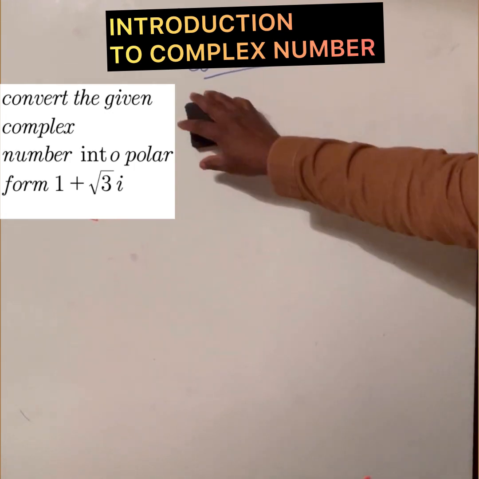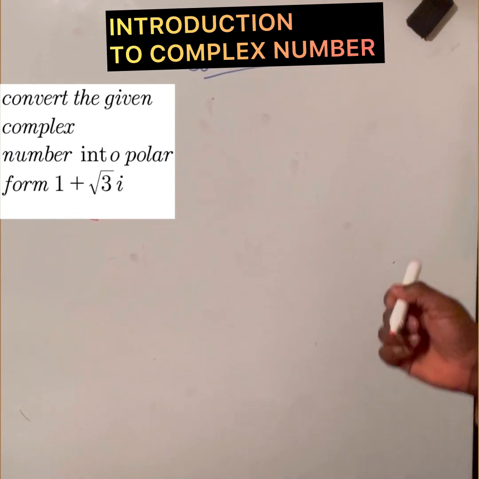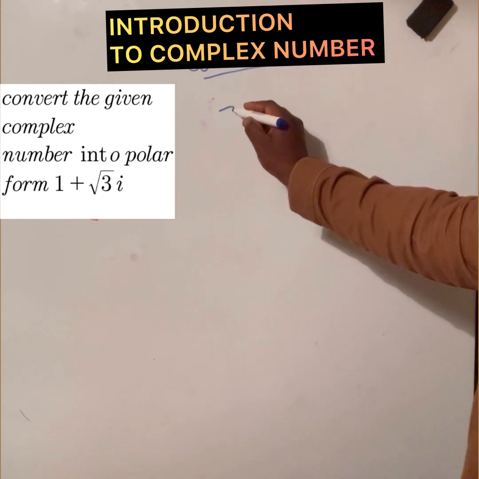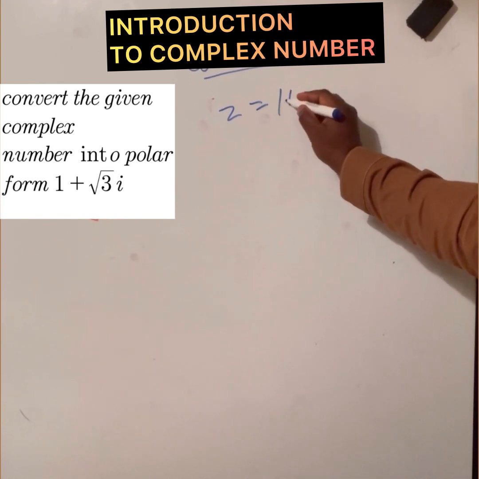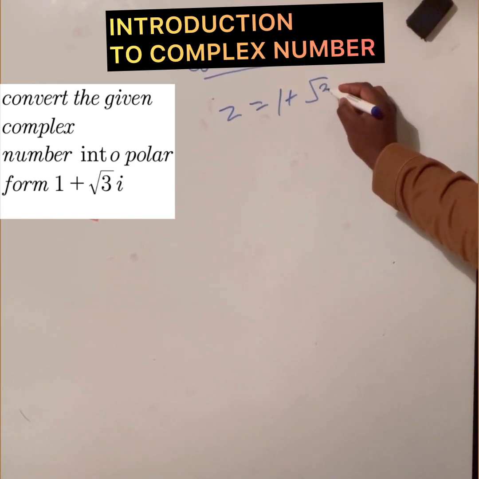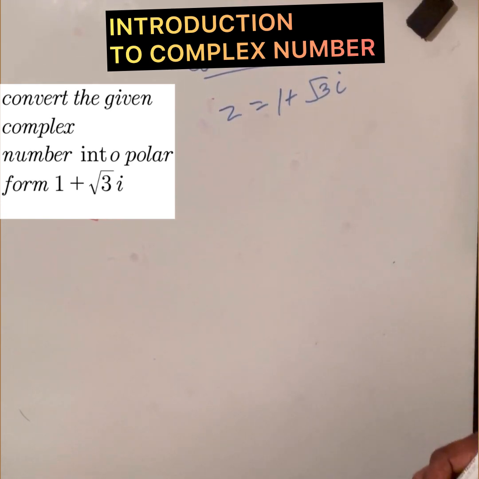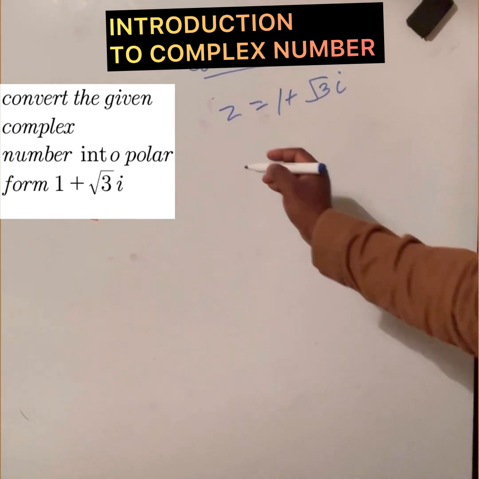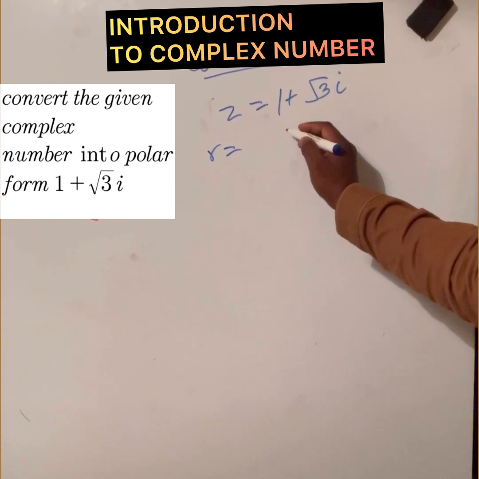So z is equal to 1 plus square root of 3 times i. So I'm going to get the absolute value of z, or the modulus,